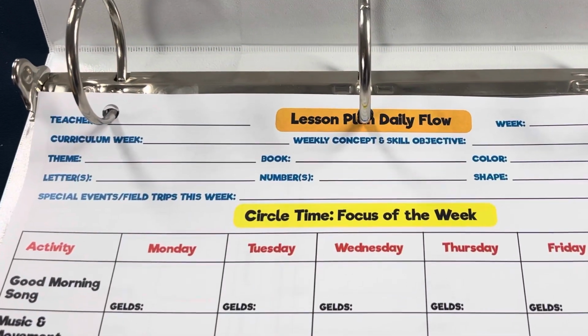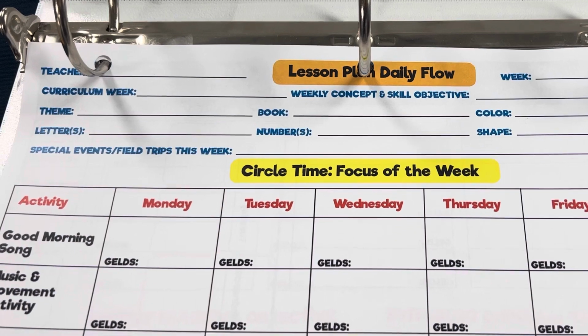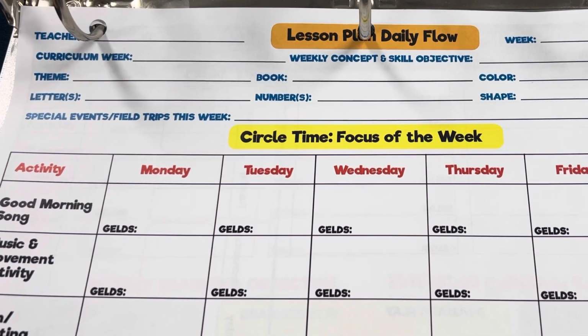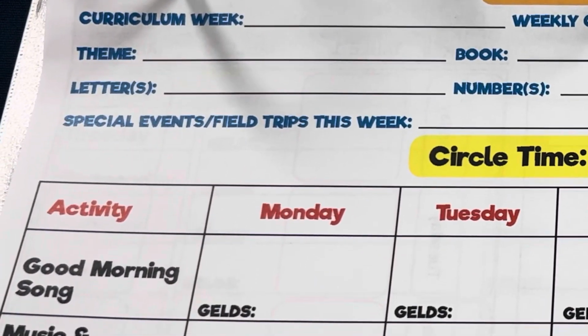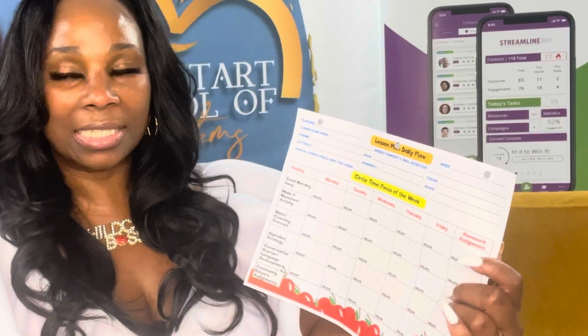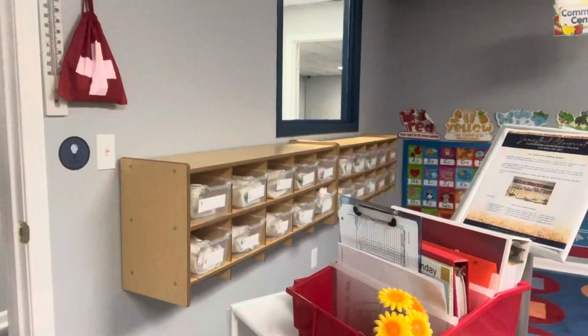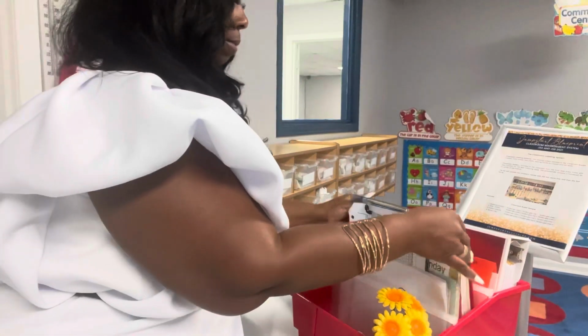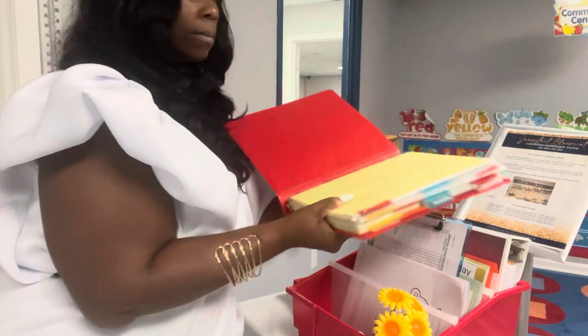The top of this is where I wanted my teachers to plan their curriculum week. And so we use semester systems. So that's why we had curriculum week, because our semesters were broken up into semester 1, week 1, semester 1, week 2, semester 1, week 3. So whatever week they were in, that's what I needed them to identify, because behind the scenes, I had already created a year-long curriculum layout and a semester layout